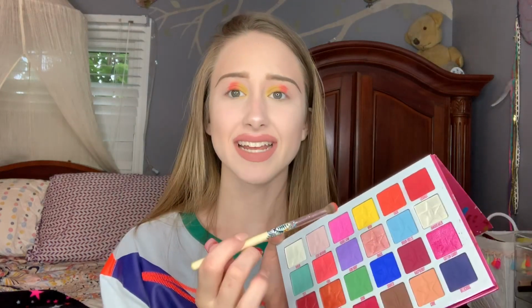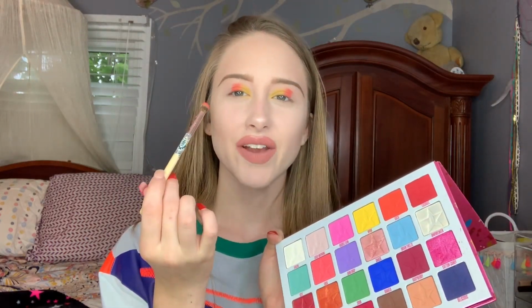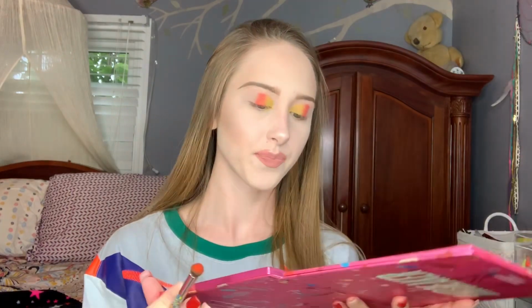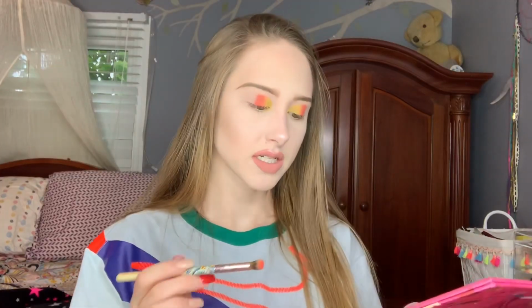so worth it. This is really, really staying true to its color. It's almost neon. It's like a coral neon. A neon coral. There we go. Looks great on camera though. Wiping that same brush off again, I think. Let's go yellow, orange. I think I'm going to dip into,